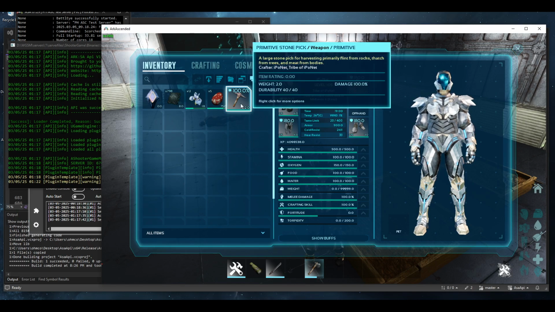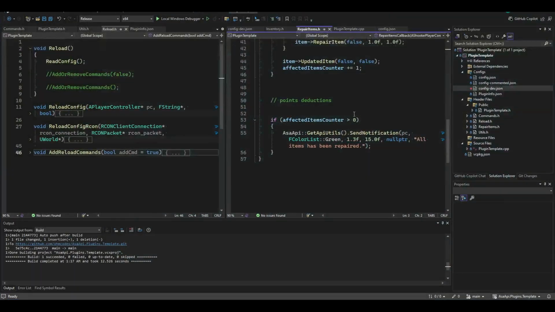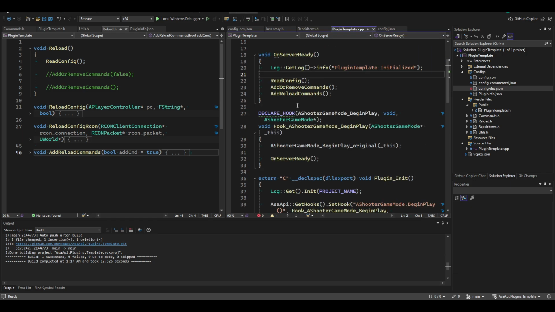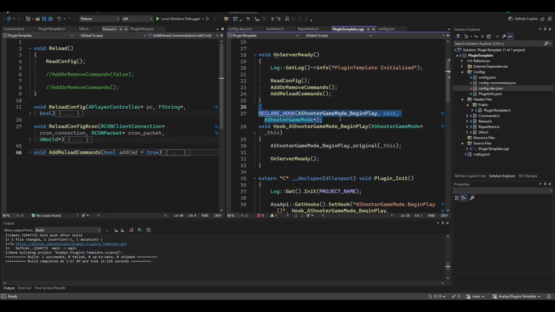So let's say while I'm repairing this, or while I'm attacking, it automatically repairs. So if you want something like that, you need to find the attack function for the player and then hook it, like we did here. Where is it? Here, like we did here, we are creating a hook when BeginPlay is being called, so it's automatic, right? But for us, you need to find the function that's attack and create this kind of declare hook